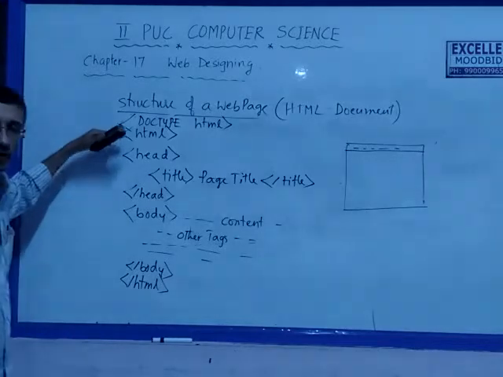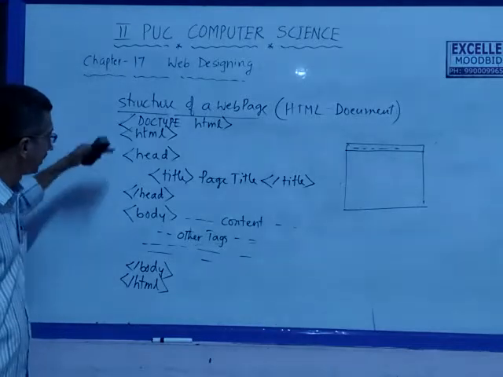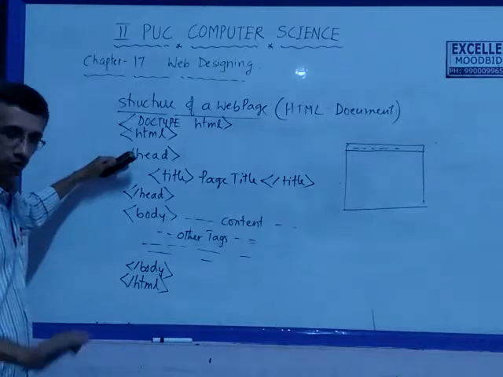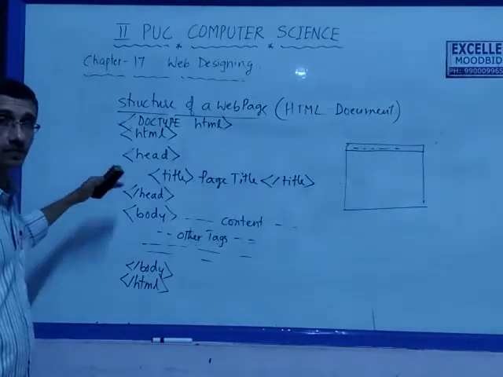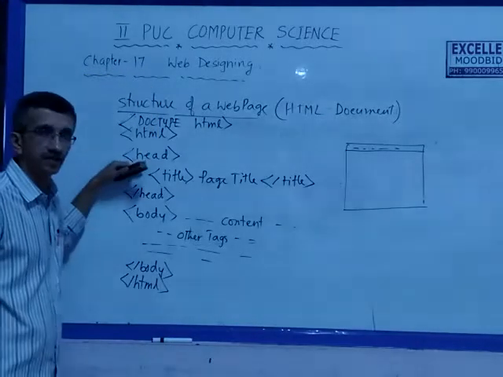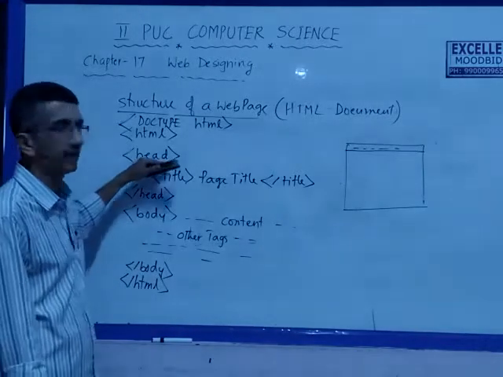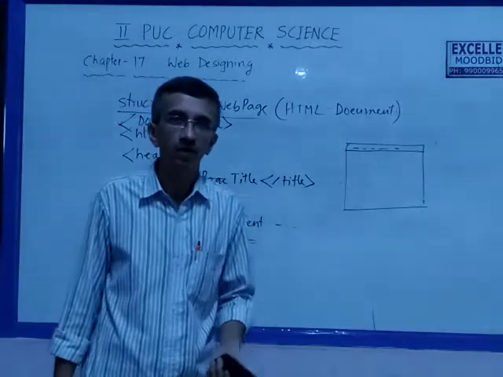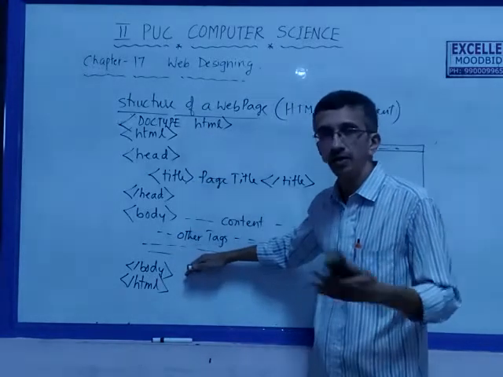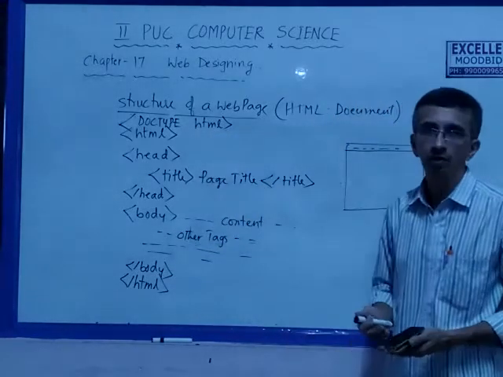So there should be only one pair of open HTML and close HTML. Only one body and close body section. And head is also usually only one section. There should not be two head sections, only one. But as I told, the script section normally is included in the head section, but it can also be included within the body section. There is no rule that only within the head section we have to include scripts, right? Those can also be included within the body tag any number of times. So the normal structure of an HTML document includes these tags.